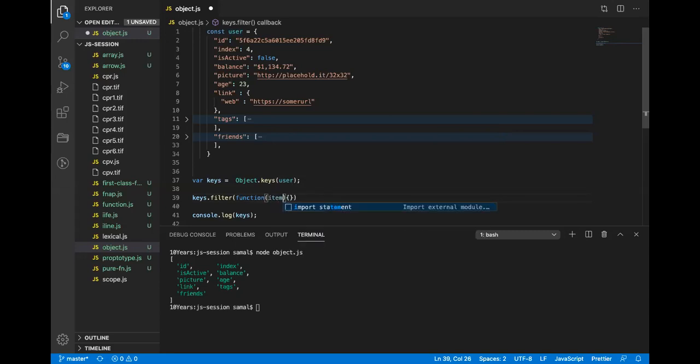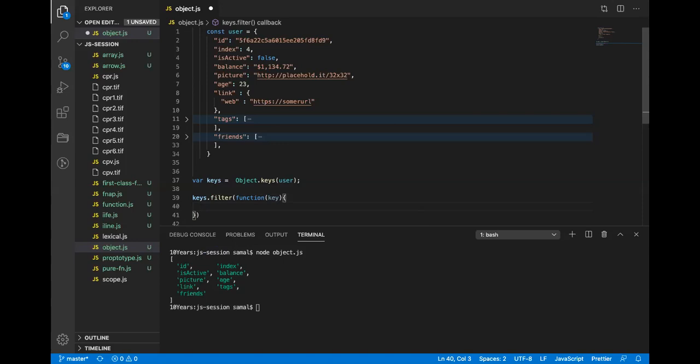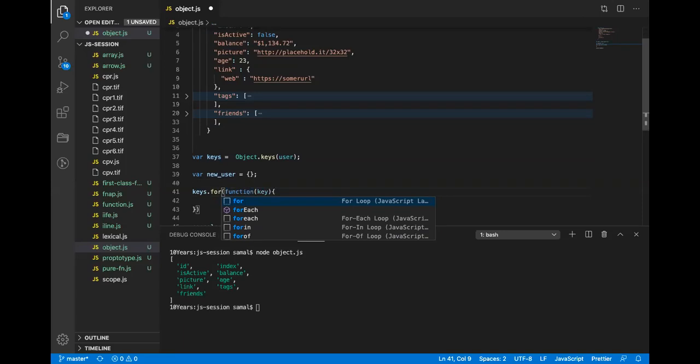Let's say item, or rather key name. Not filter, filter won't work, because I want to create a new object, new user. I have to use forEach.